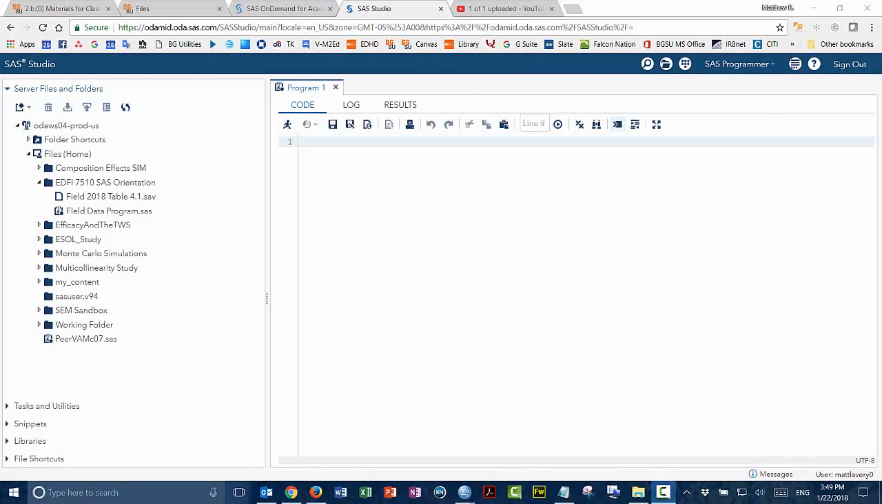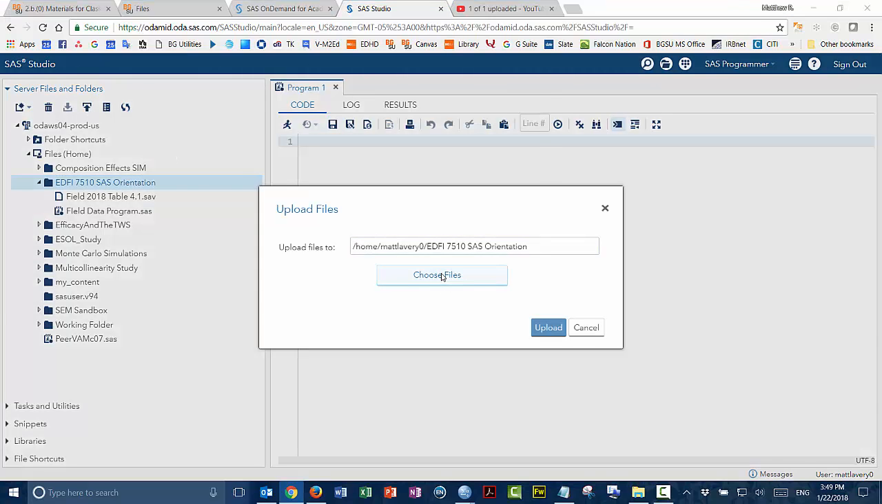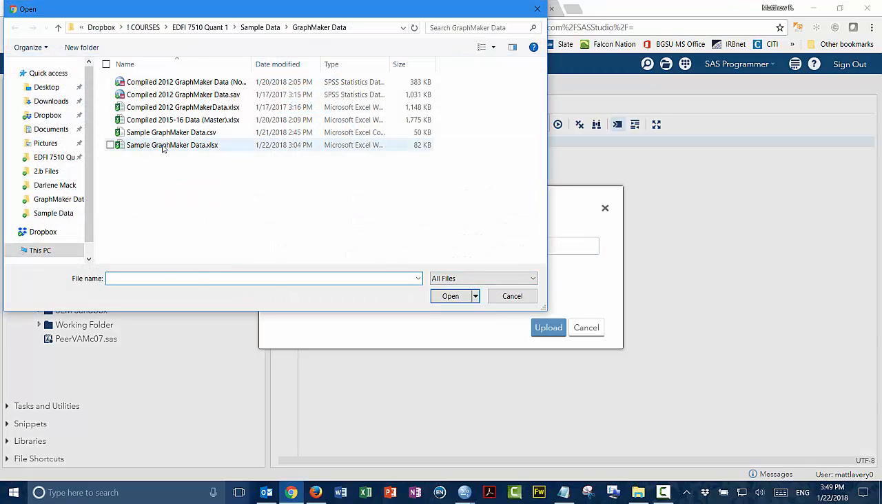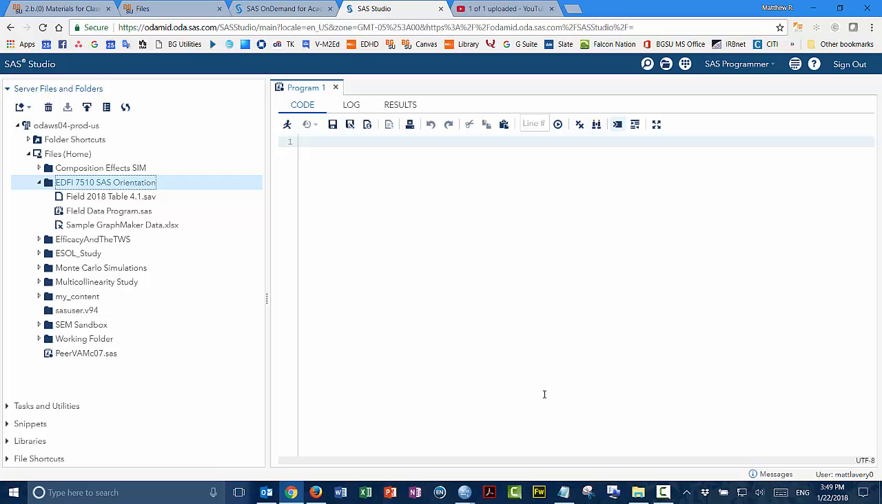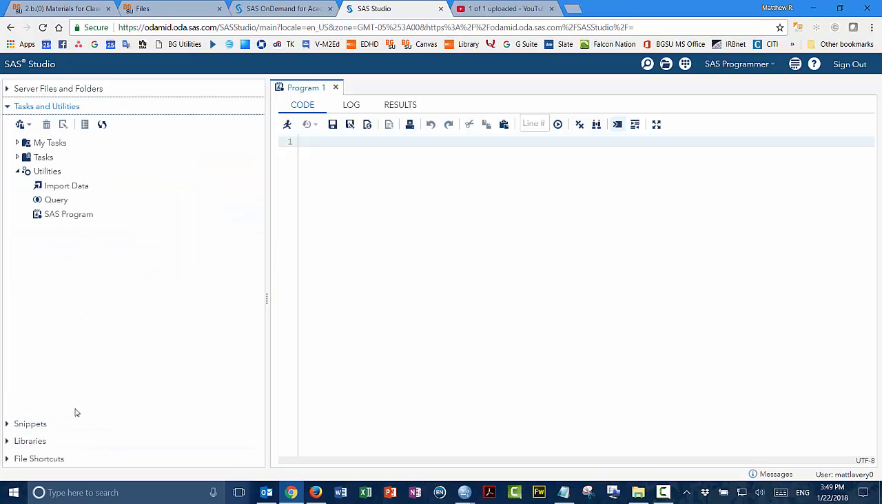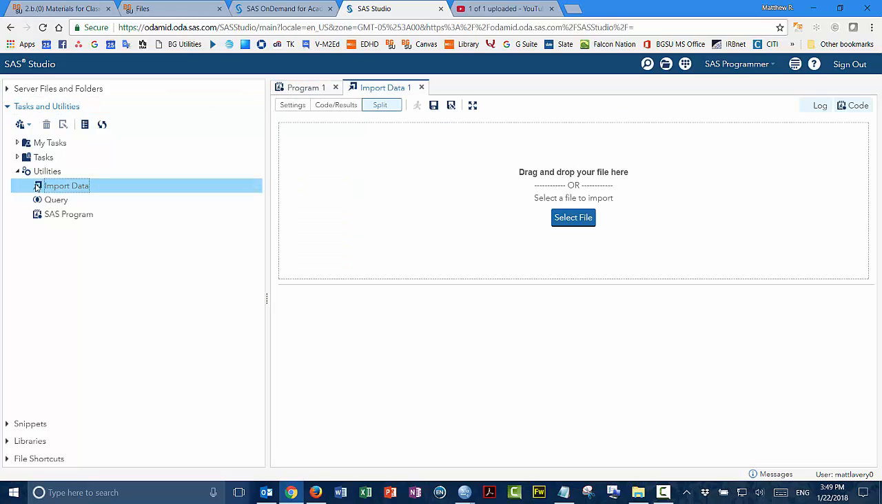So now I want to try to bring the same data file into SAS. And I'm going to have to use the Explorer pane over on this side to upload my Excel file. There we go. We'll just go ahead and put that in the SAS orientation folder that we've been creating. And then again, I'm going to use the Task and Utilities Import Data tool